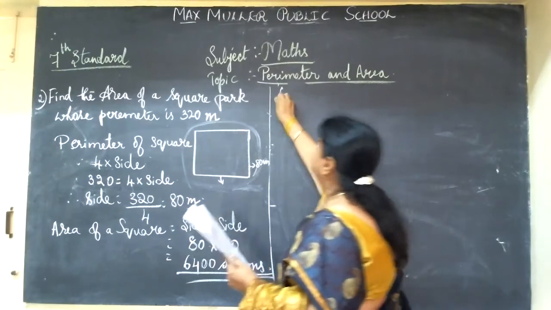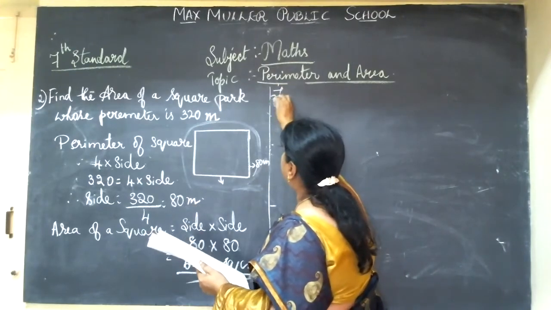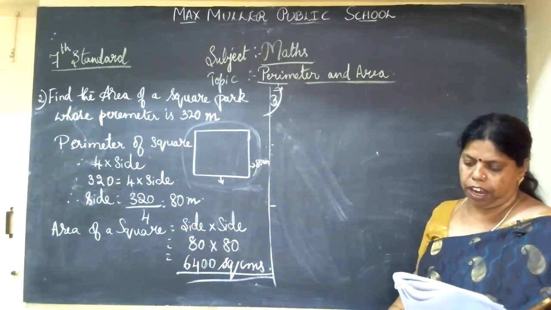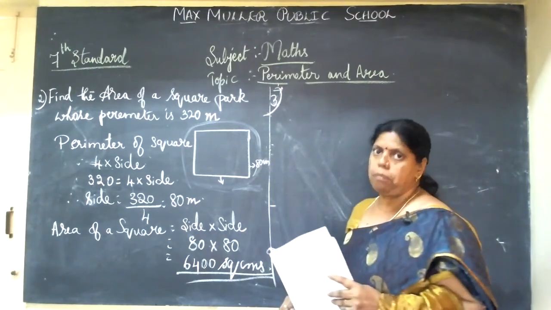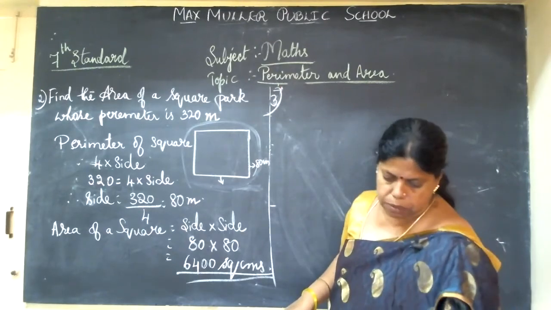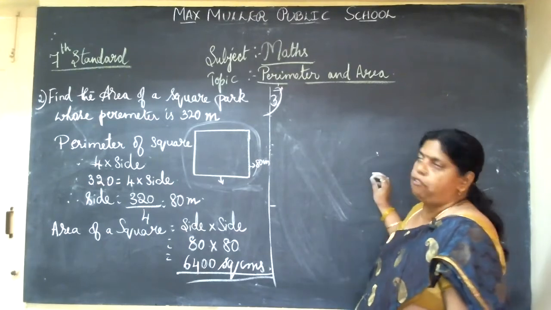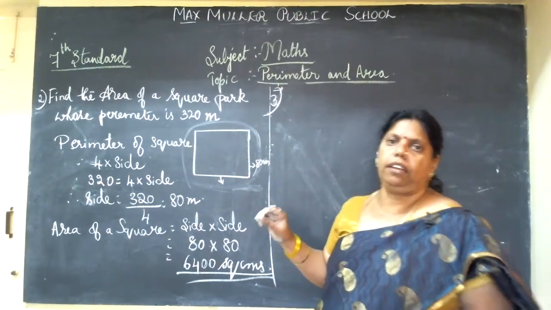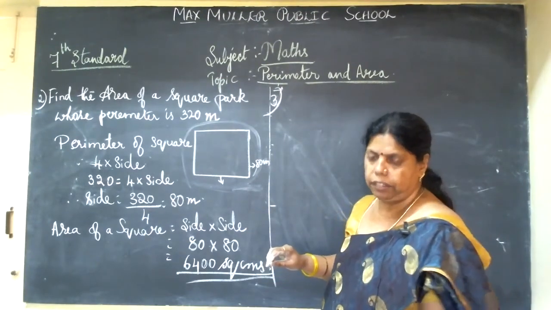Third sum. I'll write the third sum. After this, I'll finish it. Okay, don't worry. But next class, you will be having a lengthy class, so I cannot spare time. I have to complete my portions. It will be nearly 50 minutes. Today, I am winding up within 40 minutes. Right?